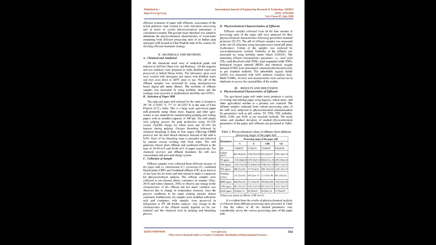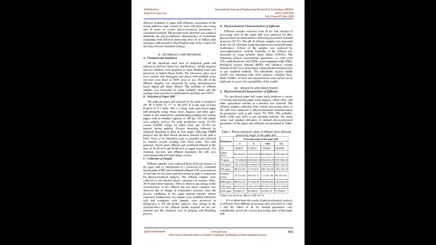However, the volume and characteristics of the pollutants varied depending on the type of raw materials, manufacturing processes, amount of water and treatment technologies adopted. Due to the severe toxic effects of pulp and paper mill effluents, reduction and/or removal of pollution load prior to their discharge into the environment is crucial. Efficient treatment of paper mill effluents.